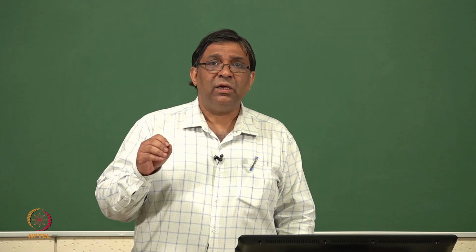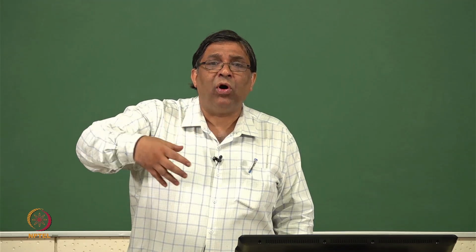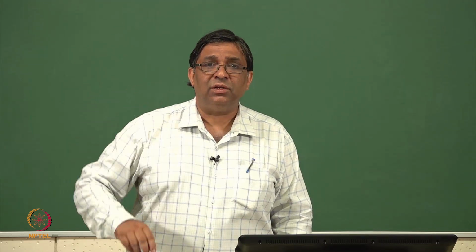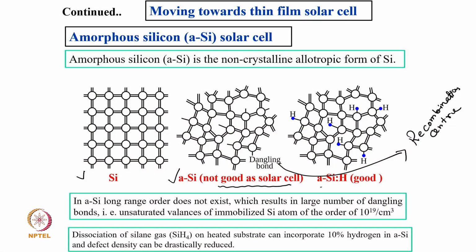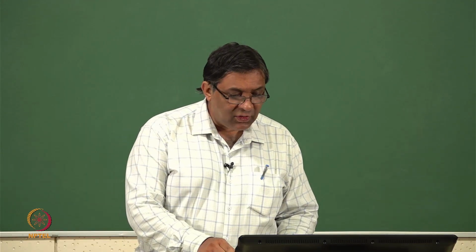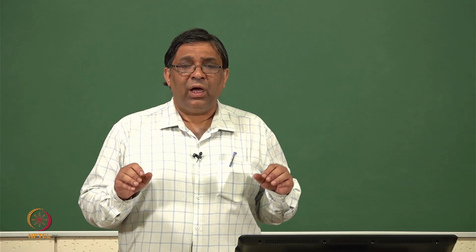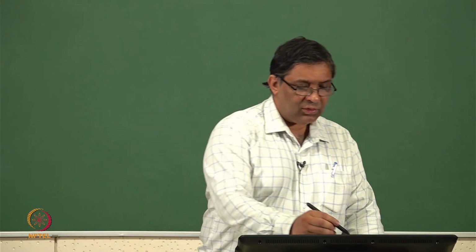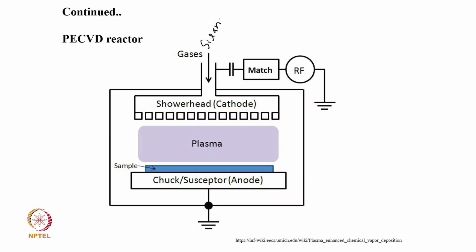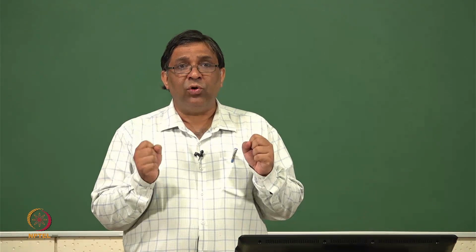So what was done is that they saturated these bonds by adding hydrogen, making a structure called hydrogenated amorphous silicon. What is the process of hydrogenation? It is very simple. You can have a very simple chamber, you can have it in your lab also. In this, you put some gas called silane gas, which contains silicon and hydrogen both.